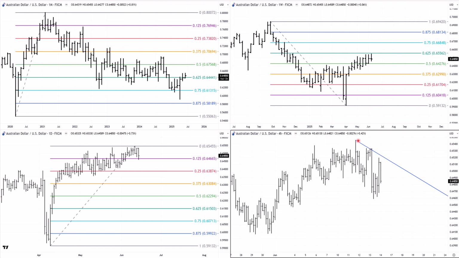I was looking around that 12th to the 13th for a turn to come in there. Now, if I'm wrong on that, I did think it would be a top, but if I'm wrong and that 12th to 13th has come in as a low, the next date I'm watching is the 20th of June. So I'll talk a bit more about that when we look at the economic calendar later.